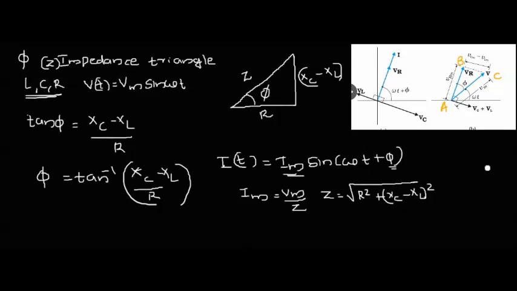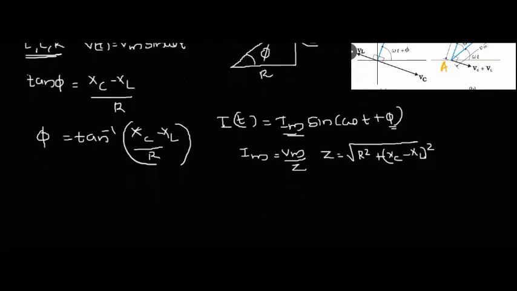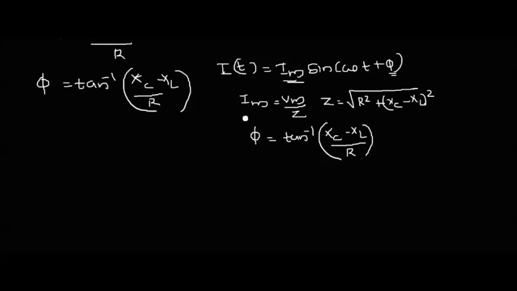Next, we calculated the value of phi, because depending upon the value of phi, the angle between the current and voltage will change. Right. So phi is equal to tan inverse of Xc minus XL divided by R. So the magnitudes of the capacitance, inductance and resistor will define the value of phi. So from the expression of phi,